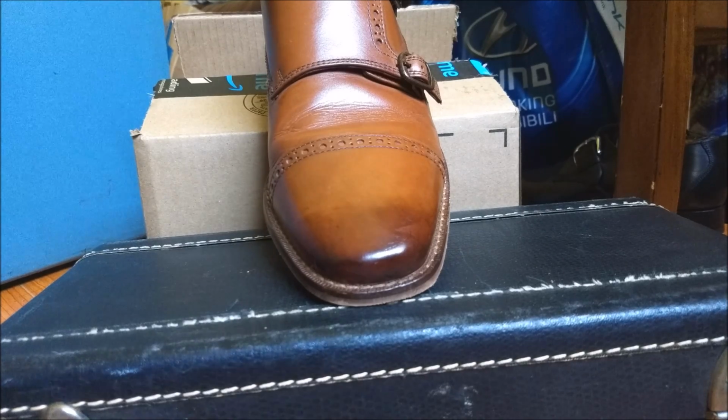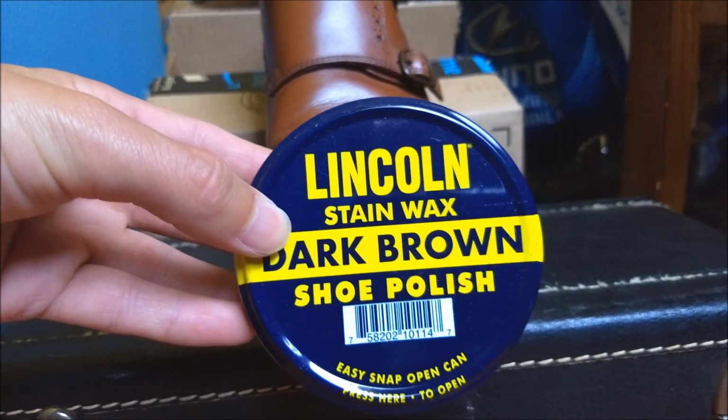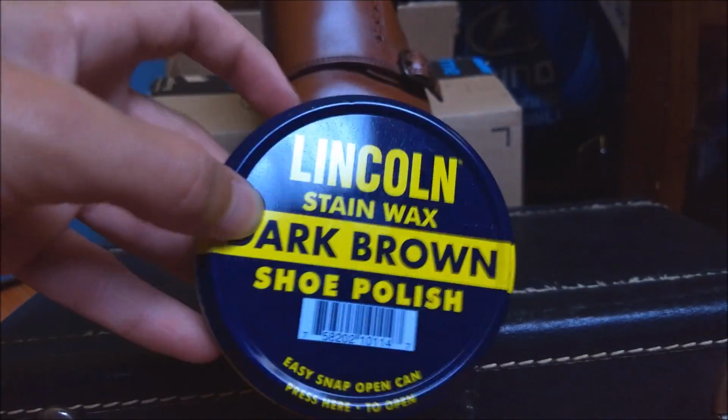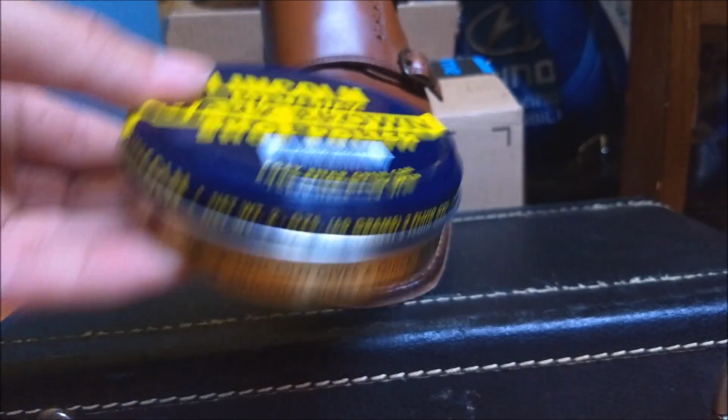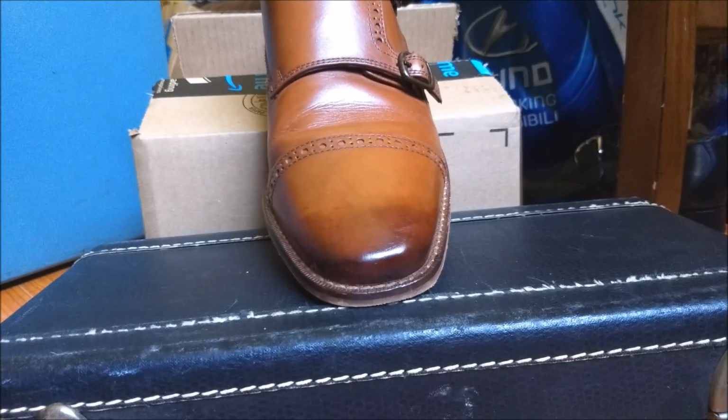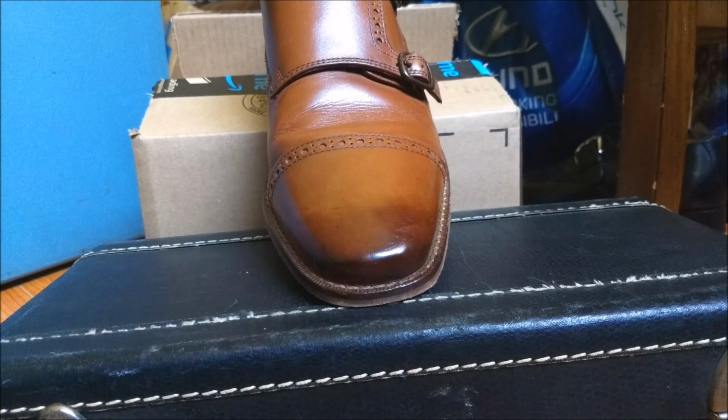So, we're going to grab some Lincoln Stain Wax, dark brown shoe polish. This is some of the best polish I've worked with. It's better than Kiwi, it's better than Allen Edmonds. So it's pretty good stuff. And then you're going to grab your cloth for your Lincoln, marked dark brown Lincoln,